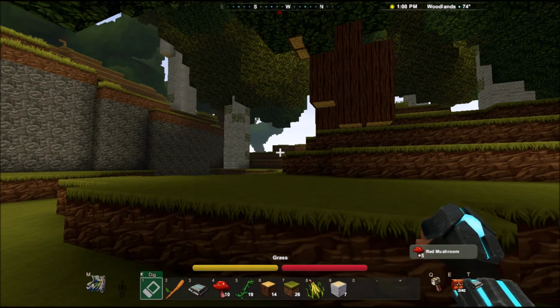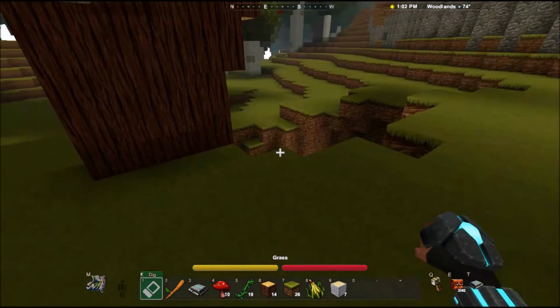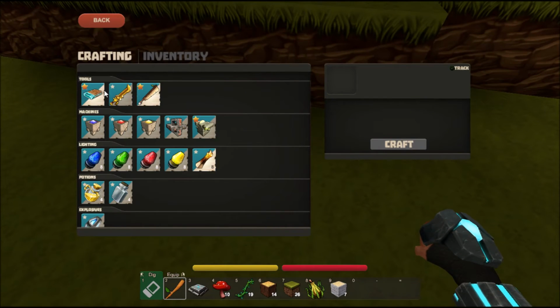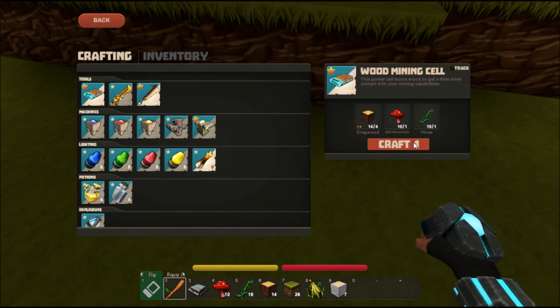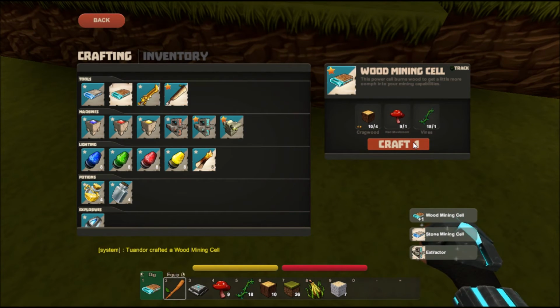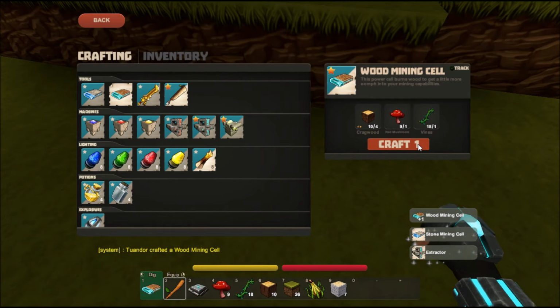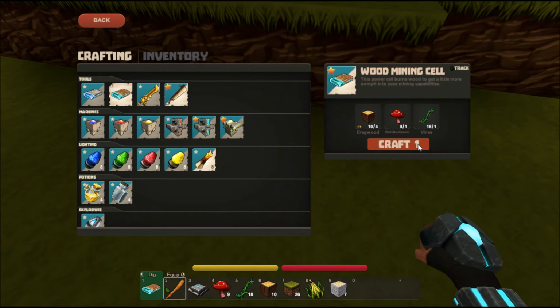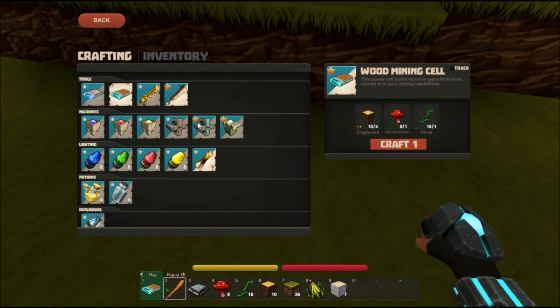You will get world messages. That's another thing, broadcasts of things that you have done. So if I go in and I craft myself a wood mining cell, you'll see where the chat appears normally is now a system message. Tuandor crafted a wood mining cell. Everybody can rejoice in my crafting prowess with that broadcast out there,